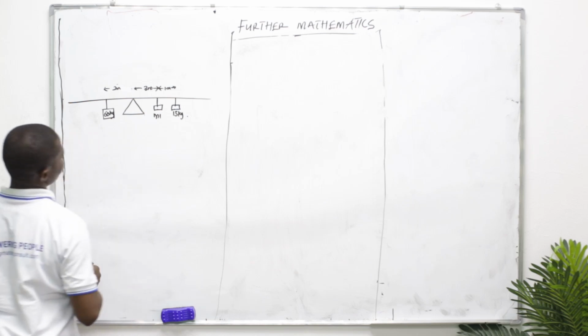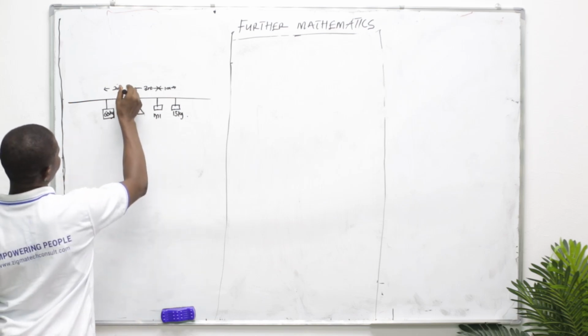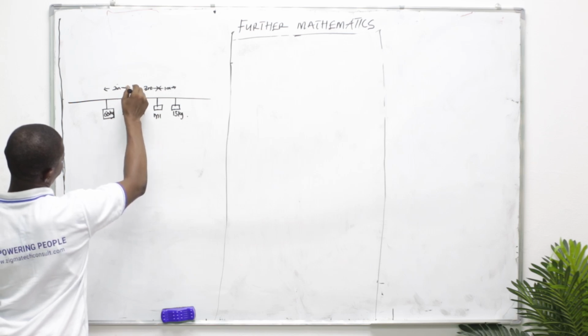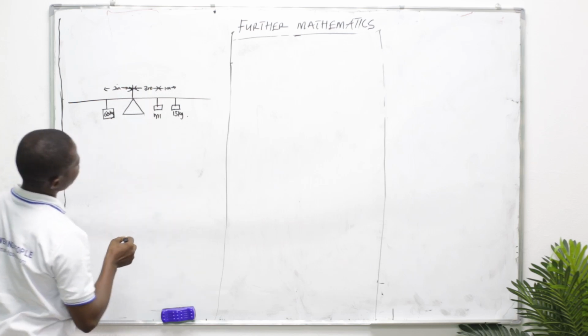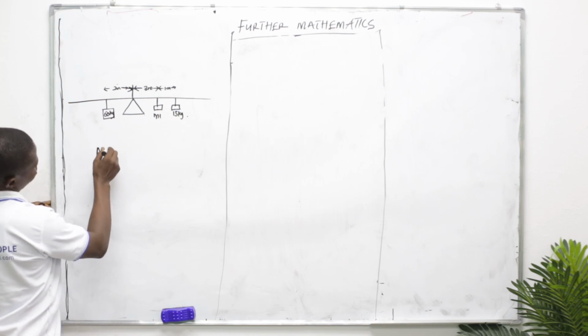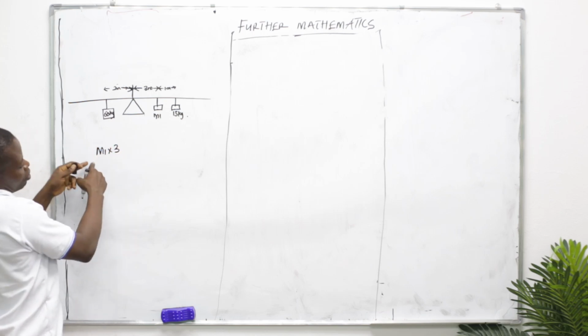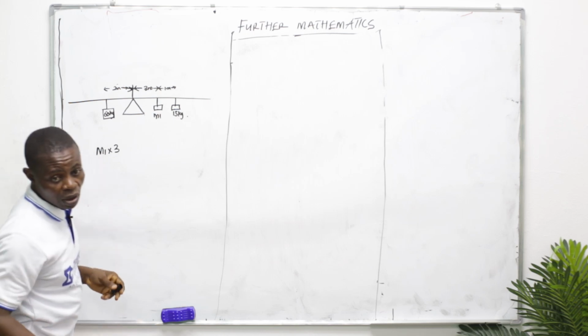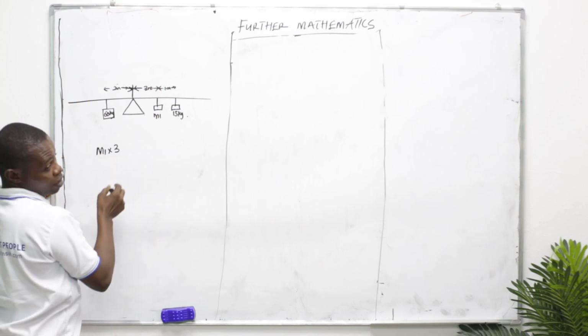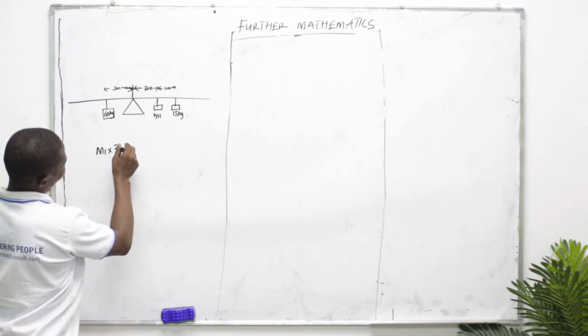Looking at this diagram, we have that M1 times, that is the mass of John. Find the mass of John, multiply by the distance covered by John, plus,